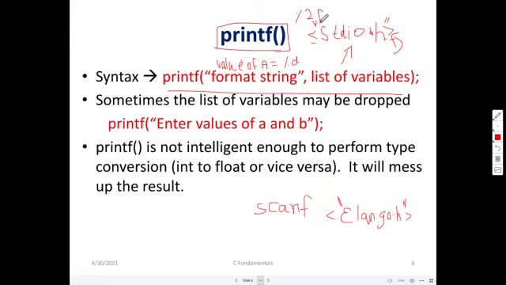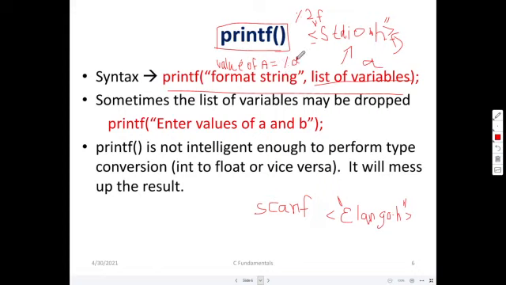Percentage d will print an integer. However many format specifiers we have, that many variables we should have. Suppose I am using a here, the value of a will get printed: value of a is equal to 32, something like that.